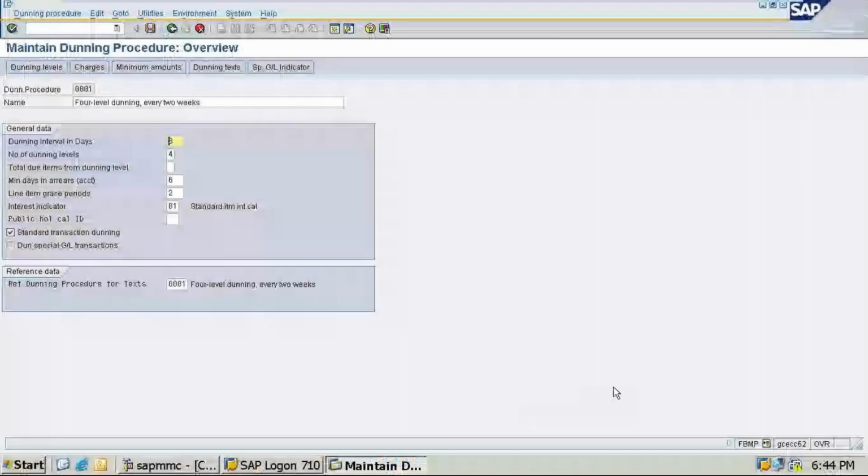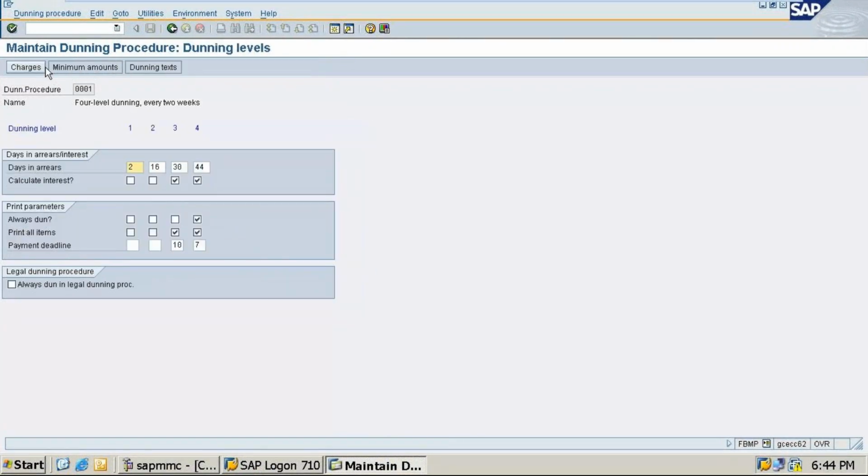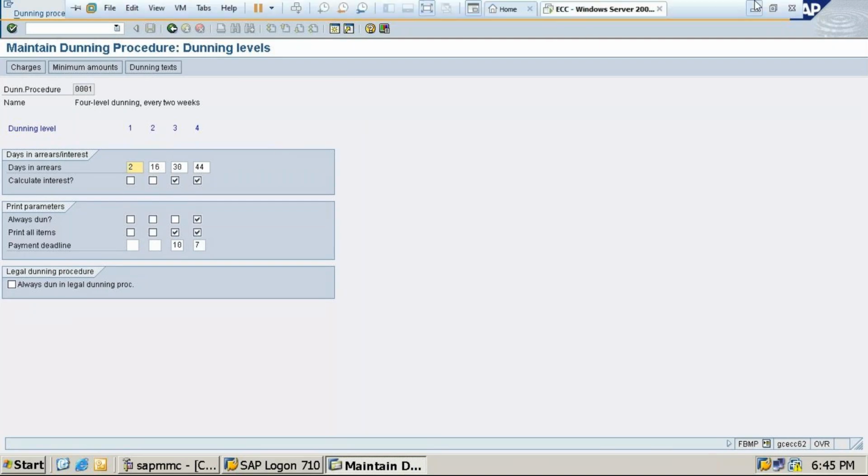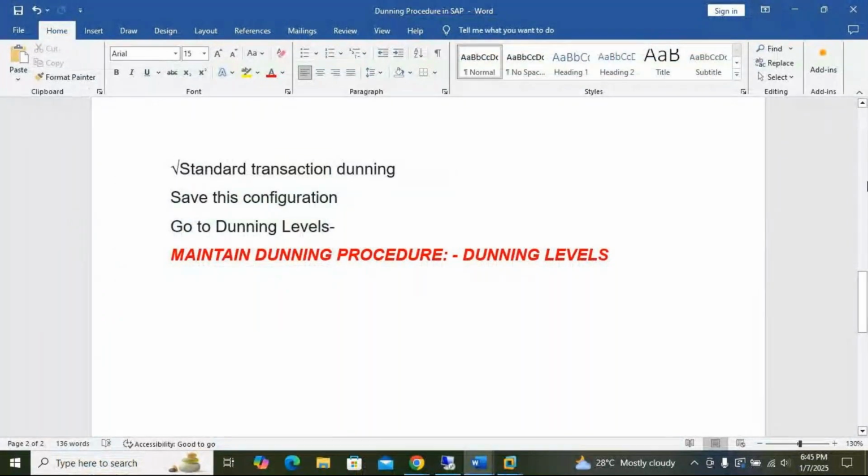So here you click. So dunning level we have set to 16, 13. This one you can set according to your requirements, and after that you can close it.